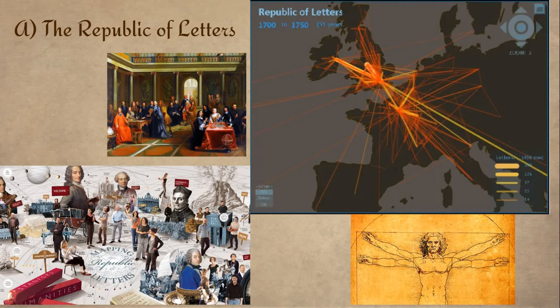All of these ideas spread across the continent in what's known as the Republic of Letters. In various capitals of Europe, these salons, these meeting places opened up. Educated people would spread ideas, and then they would write to each other, and then they'd build upon those ideas, and then they'd write to each other. And so this Republic of Letters created a network of learned people across Europe, spreading and building upon these philosophical,